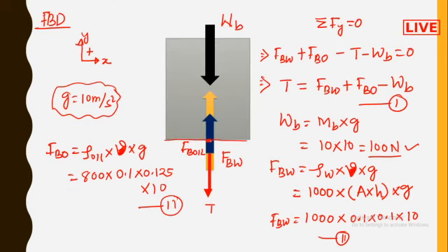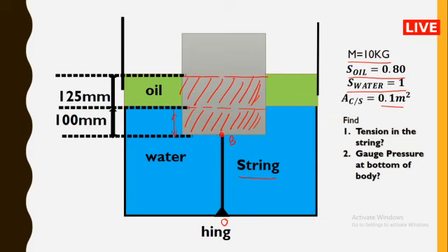Let me choose this point as B. So you go to the previous picture. We need to find out the pressure. We can find out the pressure at the bottom will be equal to density of the oil into g into this height of the oil, plus density of the water into g into this height of the water. Similar case.